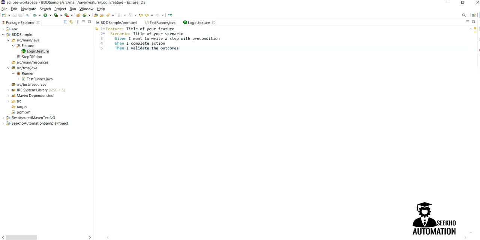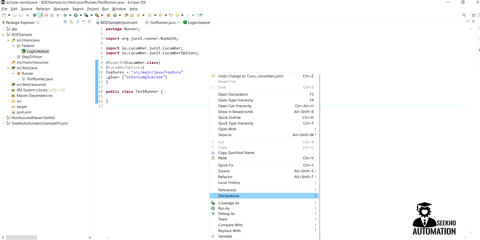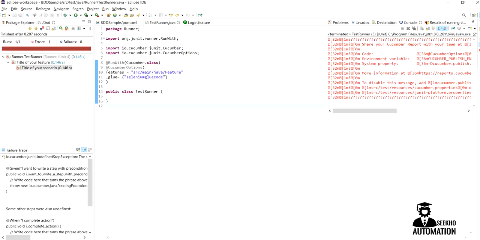Now we can execute this file. Your feature file is ready and your runner file is ready. We'll talk about the step definition later on. First we need to execute this file. Okay, fine.